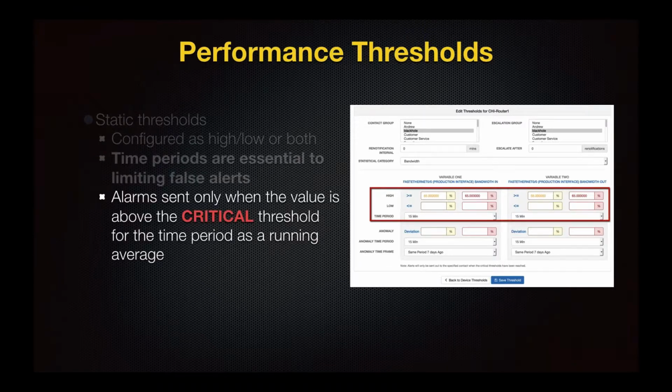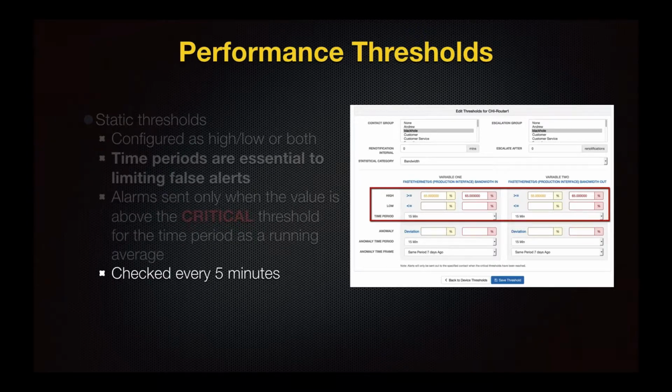Alarms, again, are only sent when you're above the critical threshold for the time period as a running average. So for things like percentages, for example, the closer your threshold is to 100%, the less likely you are to have a single spike that pulls the running average up high enough to reflect that alarm. Thresholds are checked every 5 minutes, the same interval as what we're collecting the data. So we're always checking kind of the most recent data. So if we're running a 15-minute average, every 5 minutes it runs the last running 15 minutes and compares that